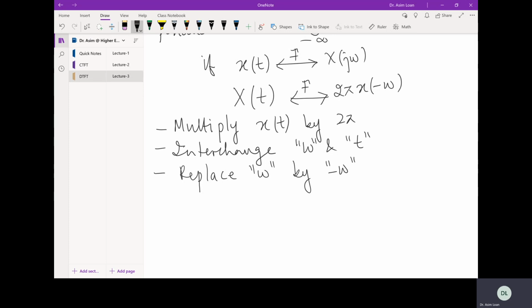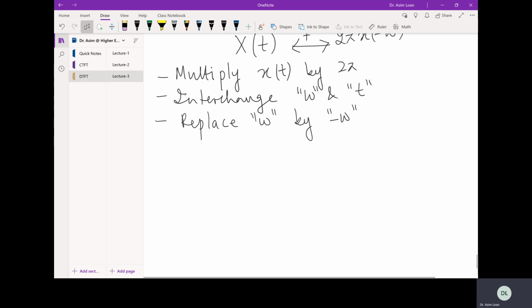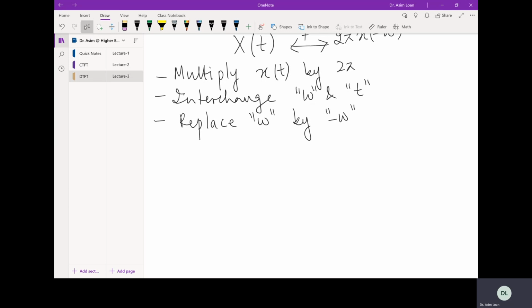Unfortunately, the discrete time Fourier transform does not have a dual. The inverse Fourier transform and the direct Fourier transform for the discrete time case are not duals of each other. However,